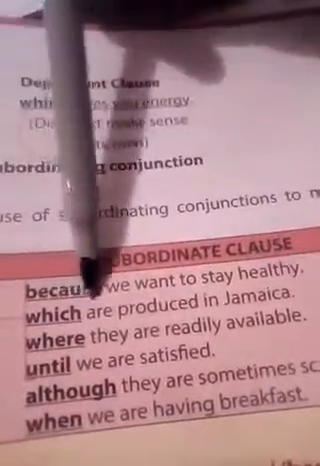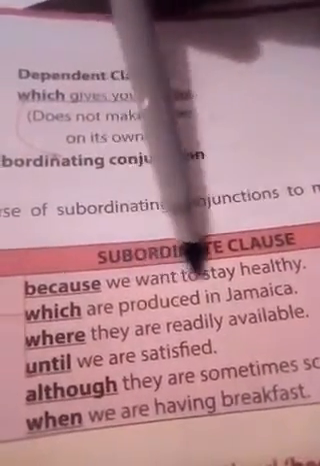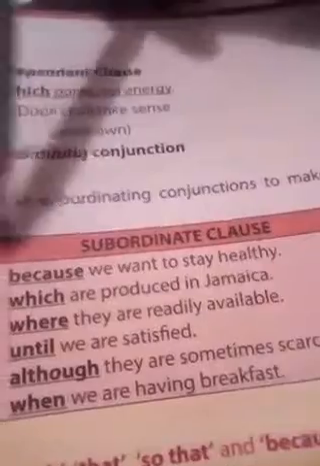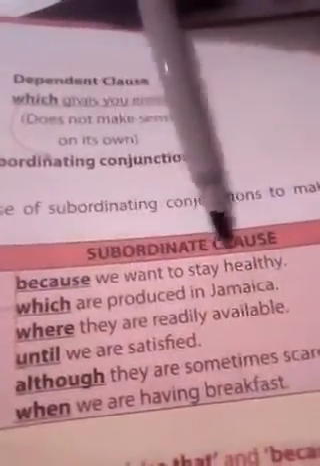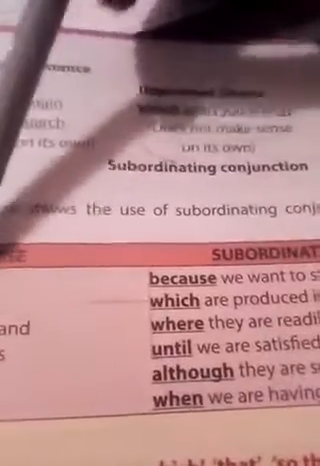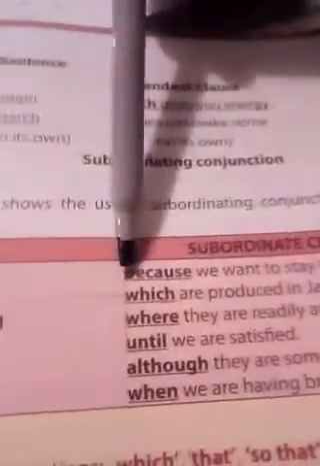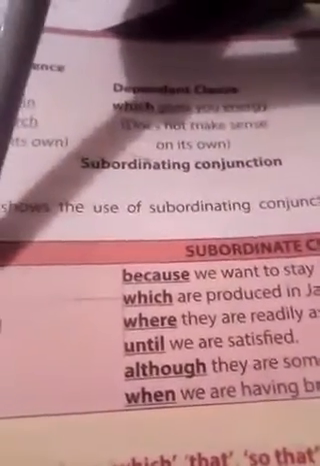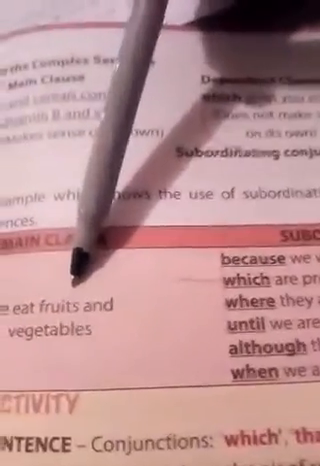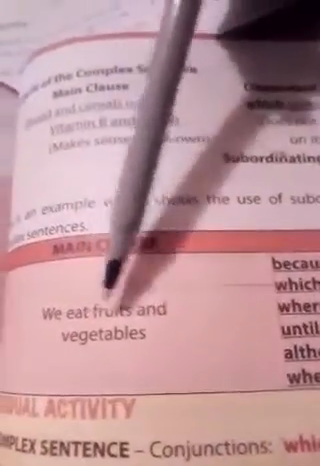Right, so the word because right here is joining the two of them together, the subordinate clause with the main clause or the independent clause, to make a complete sentence, to make you understand what they actually say. We eat fruits and vegetables which are produced in Jamaica. That's another one. So you see, you have different meanings, but all these words can be used to complete the